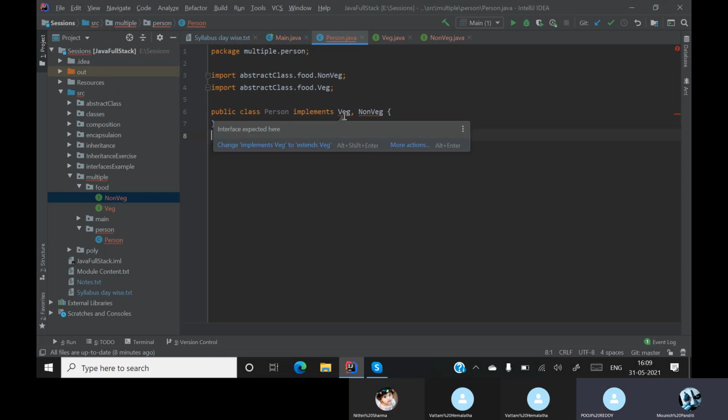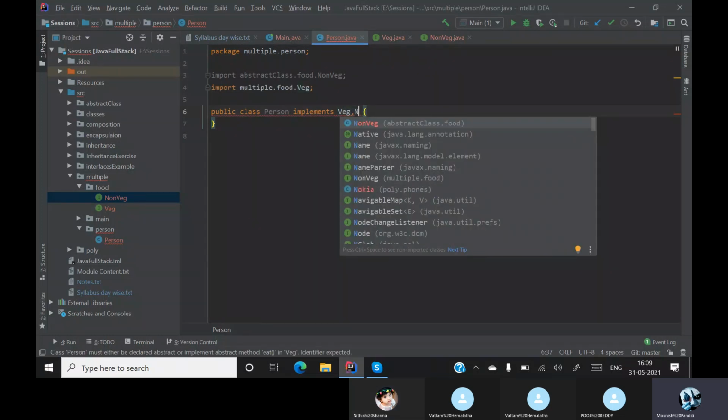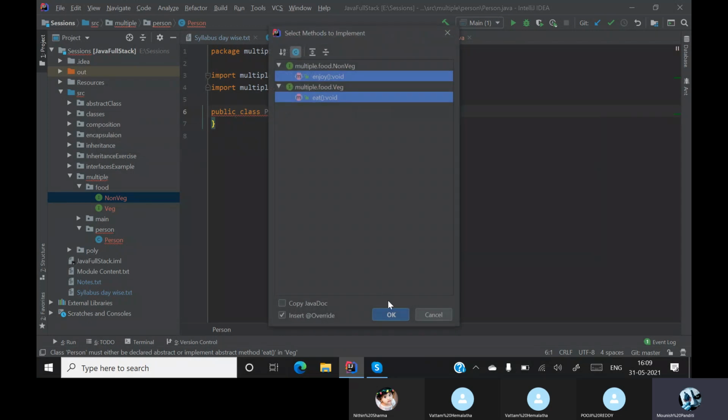So what is the error here? Interface expected here. Obviously an interface is expected, so I'll say veg comma non-veg. Now I'll implement these methods.